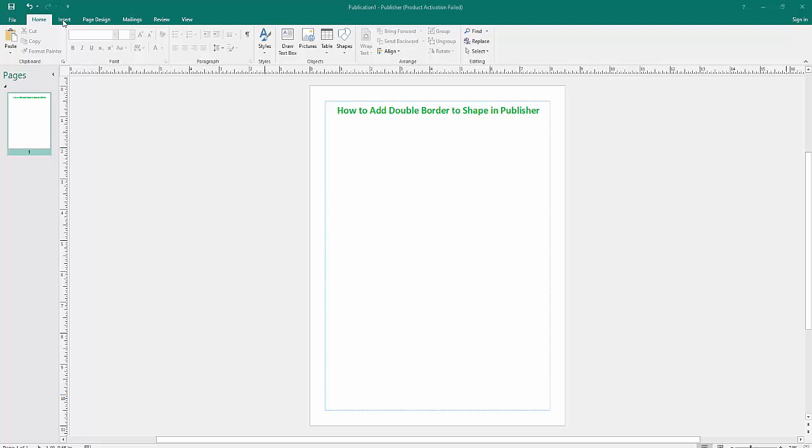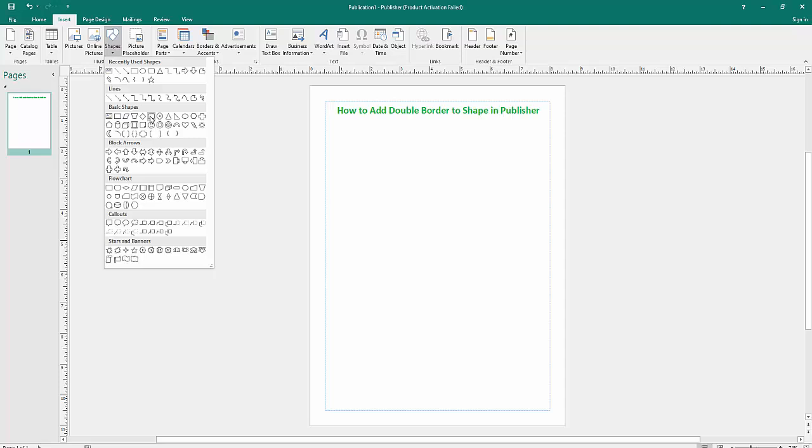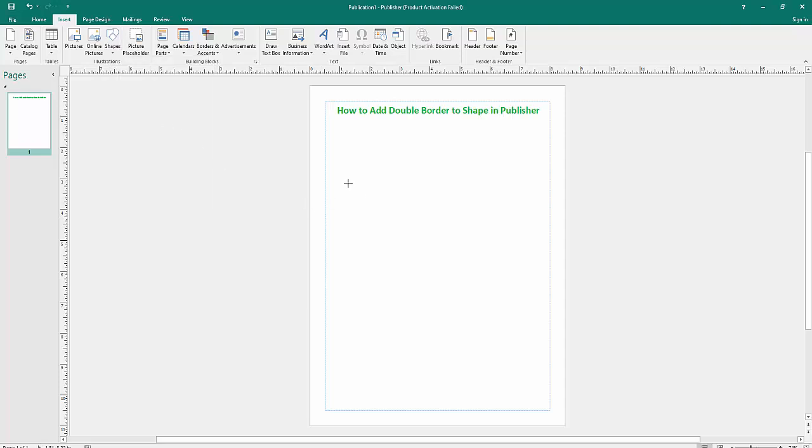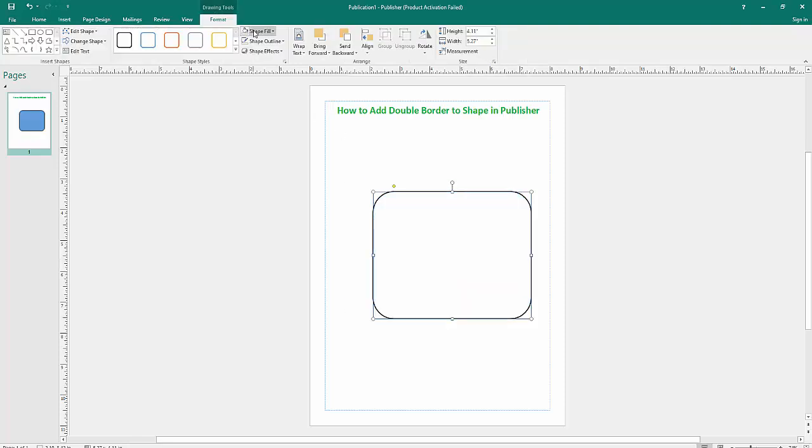Now go into the Insert option, then click the Shape option. Now choose a shape. I choose the rectangle shape. Now draw a rectangle shape. Now go into the Shape Fill option. Now choose a color